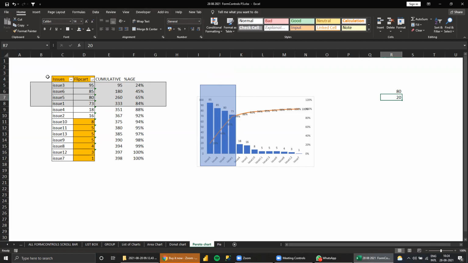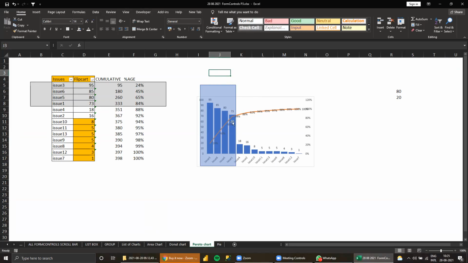The 80% items are only 20% of the categories, not a big issue. Also we can get to know which is the main one. So this is the Pareto chart.